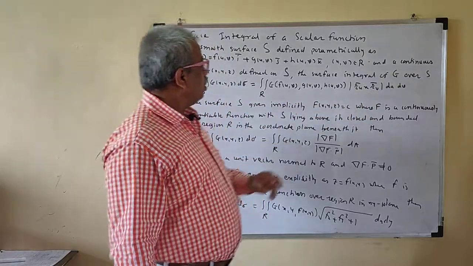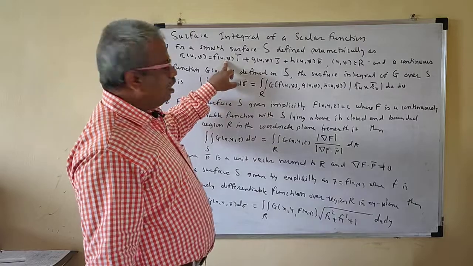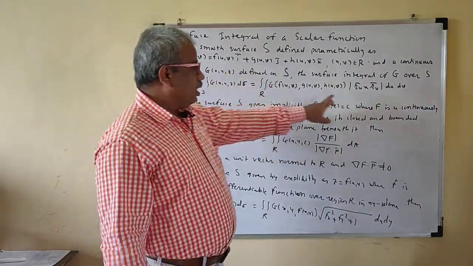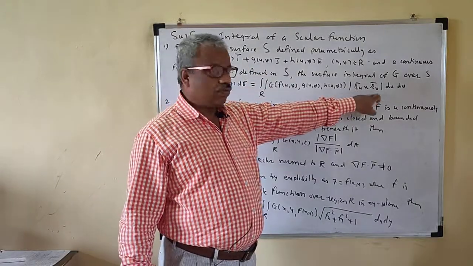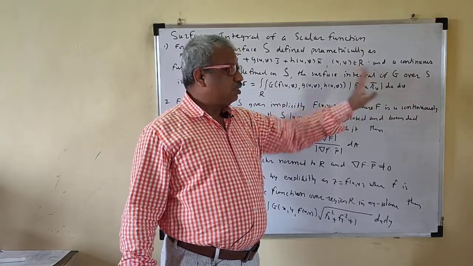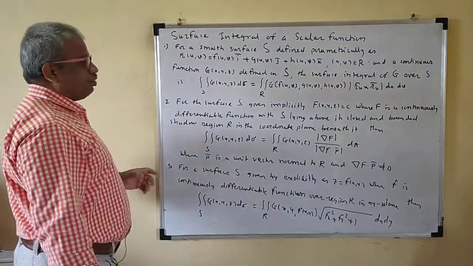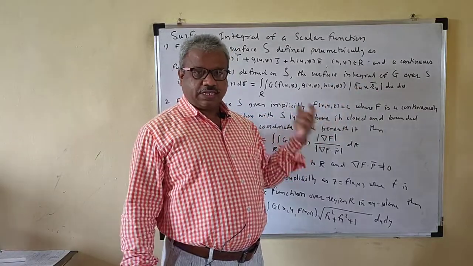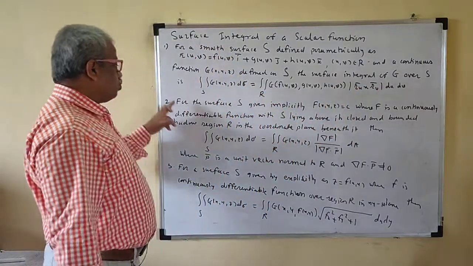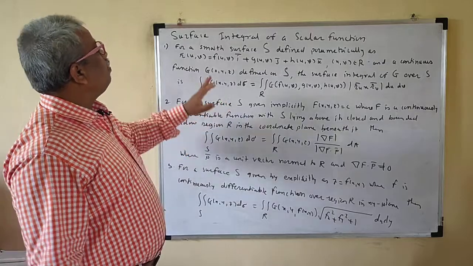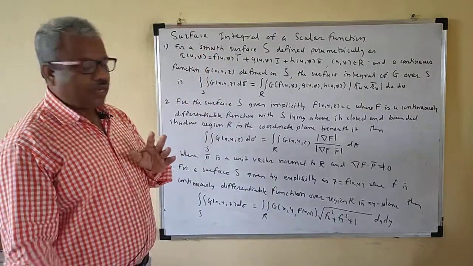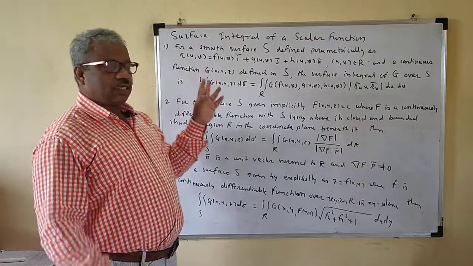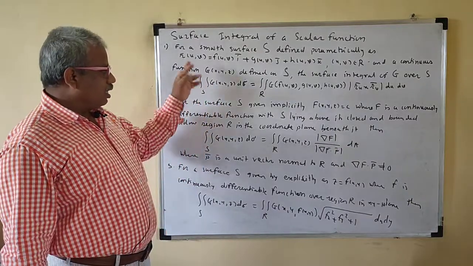In terms of u, v, or if it is in terms of r, theta, then it is dr d theta; here it is du dv. You have to take the cross product of this and then take its magnitude. We did this before. So if the surface can be given parametrically, you find the parametrization of that surface and then use it there.